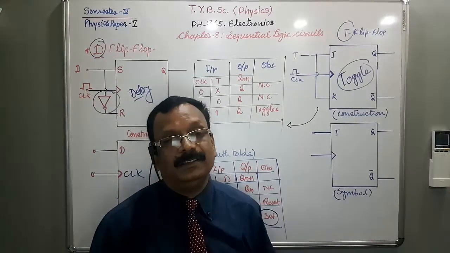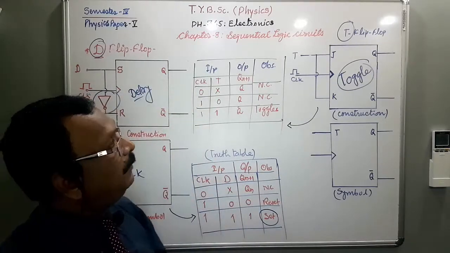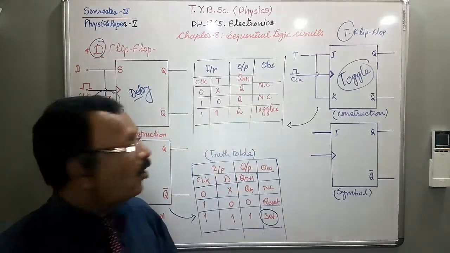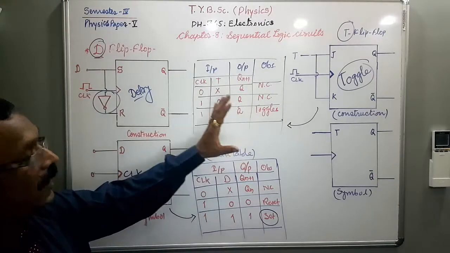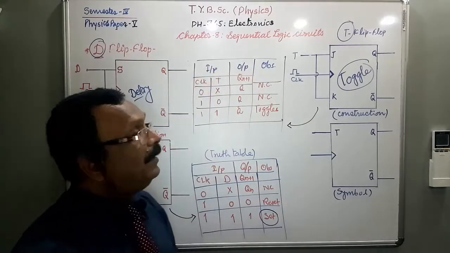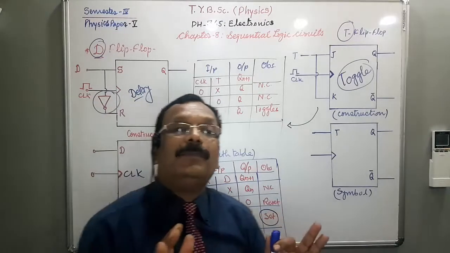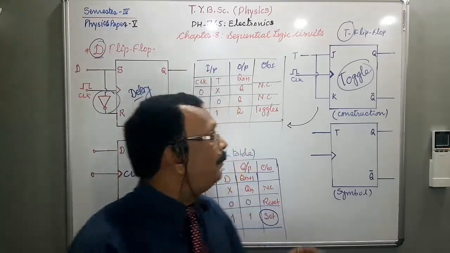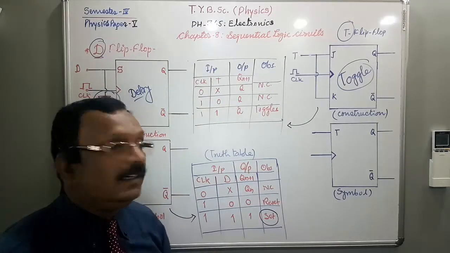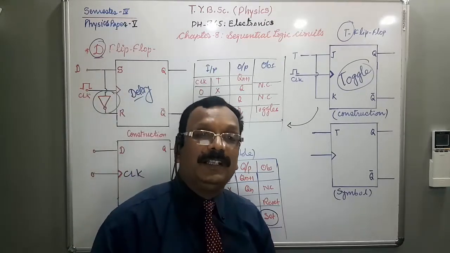In this way, we studied both the important flip-flops, that is D flip-flop and T flip-flop. I explained and drew the diagrams symmetrically, so that you can compare, and in order to study the D flip-flop and T flip-flop, it is very important to study them comparatively. When we comparatively study D flip-flop and T flip-flop, then it is easy to distinguish them. Then it is easy to understand their working.